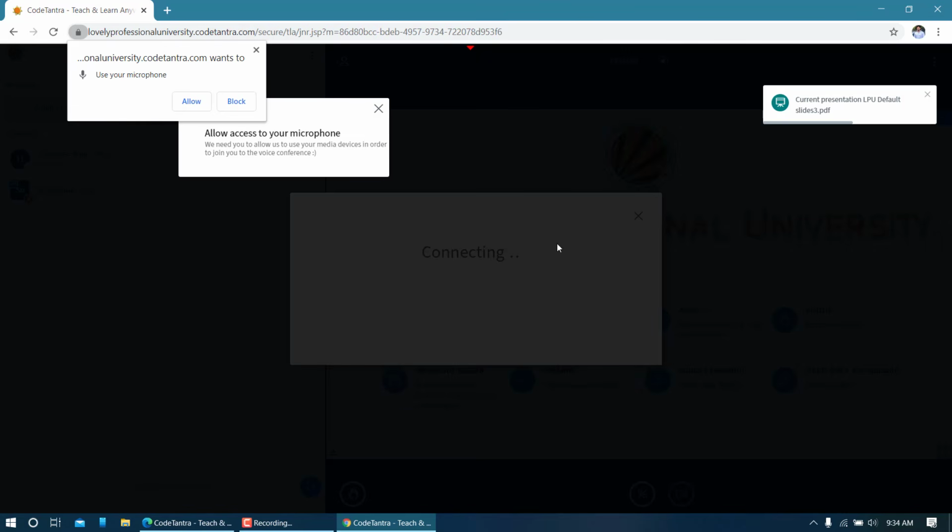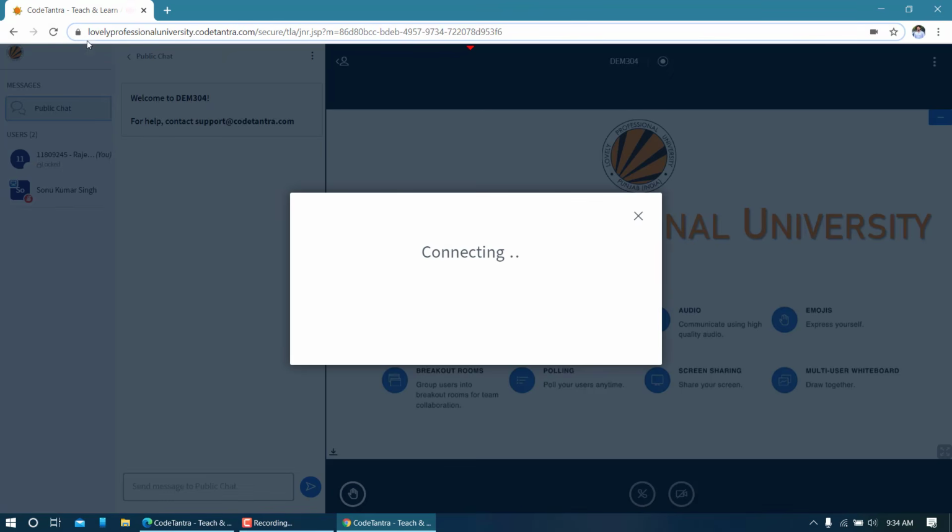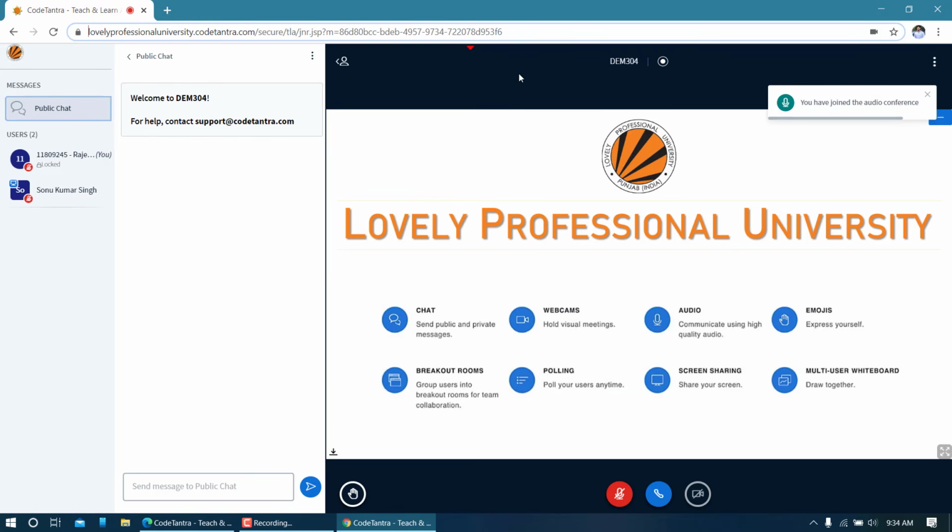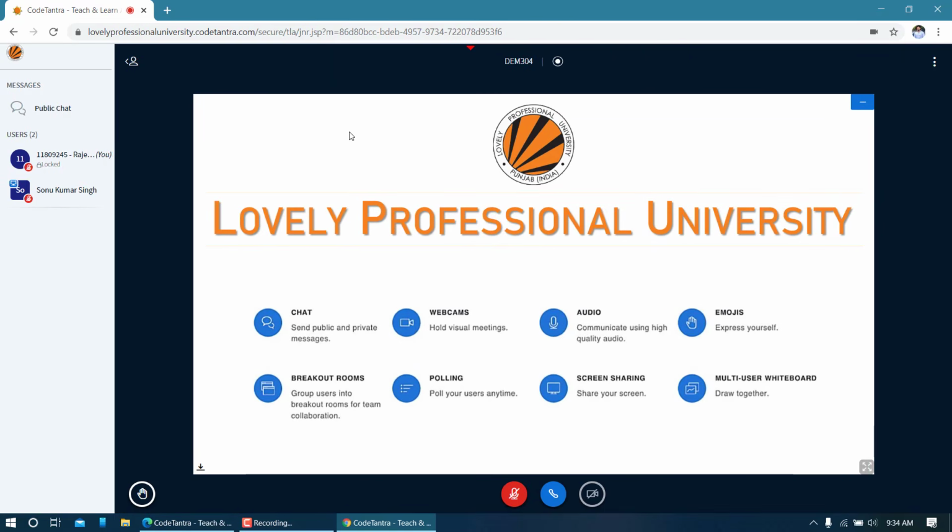your browser will ask for your permission to allow the microphone, so you have to allow your microphone. So I'm going to click on allow, and this activity is for the very first time. From the second time onwards, it won't ask you. Once you allow your browser, you will be on the home screen, and this is the screen basically shared by your teacher. So this presentation here, which you can see, is being shared by your teacher.